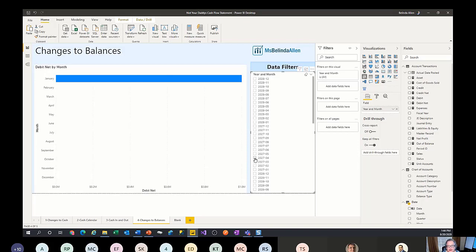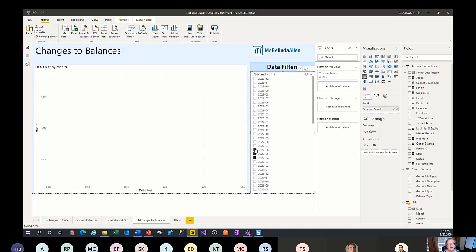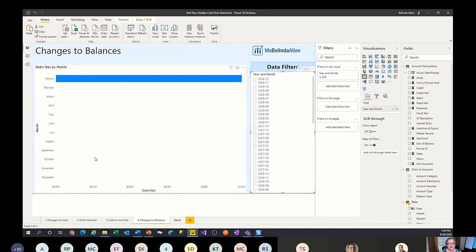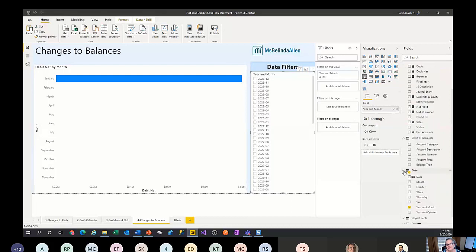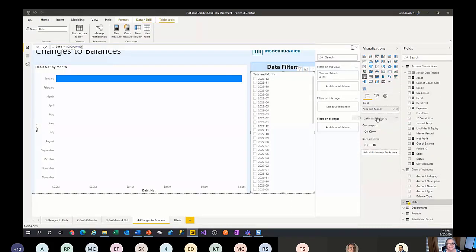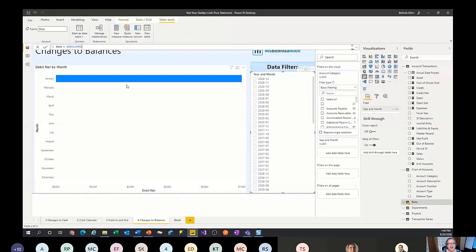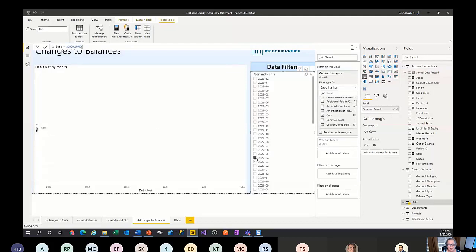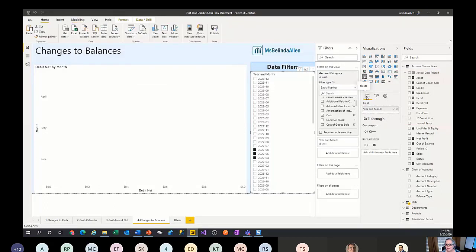Oh, I've got to select multiple months. That's right. You know what? We'll just clear that for now. Okay. I don't know why. Oh, I know why, because I'm still looking at everything. Okay, so now what I want to do is just look at cash. When you're presenting in front of someone, all of a sudden you start freaking out. So much of this is second nature, and then all of a sudden you're like, what am I doing? Okay, I'm going to put a category filter on this visual only, and it's going to be cash. This is why I didn't apply it to the whole report, because I just want to look at the cash. And so now if I come in and look at these, why don't I have